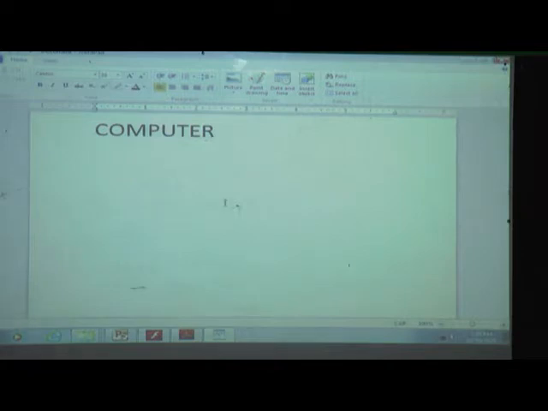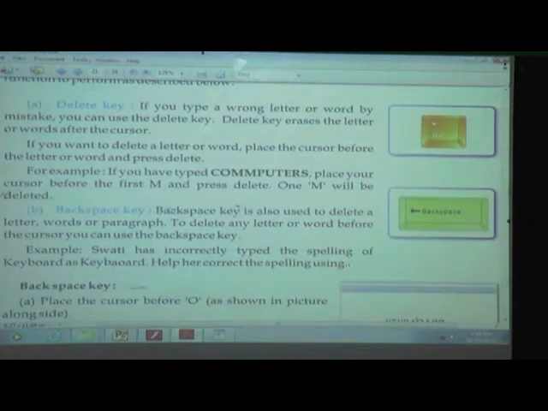Now when we are writing on the computer and by mistake we make an error, there is another way to delete or erase a letter or word. It is the backspace key, right?